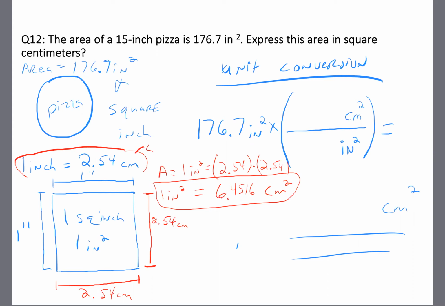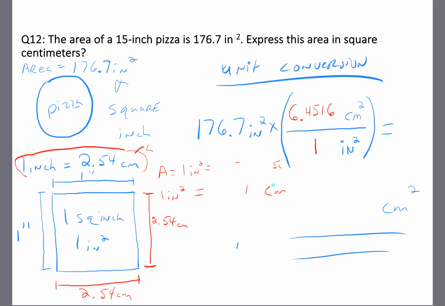Now, usually what I do in such a situation is I try to figure out the conversion factor from the information I have by drawing a picture. You'll find that I'm a big advocate of drawing pictures like this down at the bottom of the slide whenever you can, because it allows you to reason things out. And what I learned by drawing this picture is that 1 square inch corresponds to 6.4516 square centimeters. So I put that in as my conversion factor, and that's the correct conversion factor that I needed. But I had to derive that conversion factor from what I know about my square. So 6.4516 square centimeters is equal to 1 inch squared. Now, because I'm converting from inch squared,